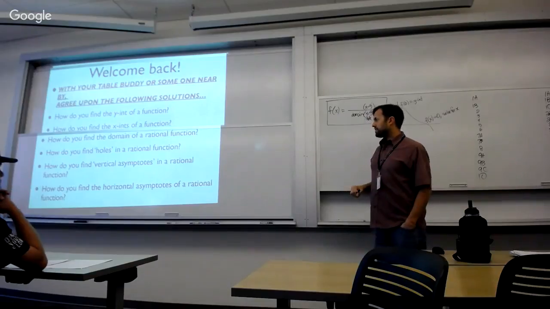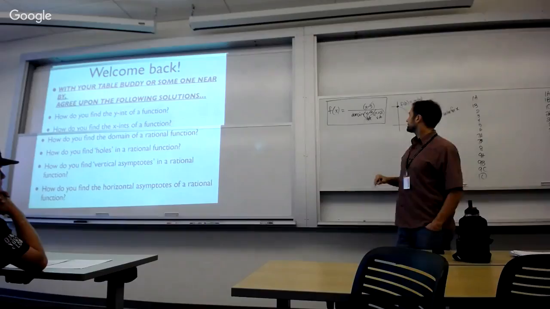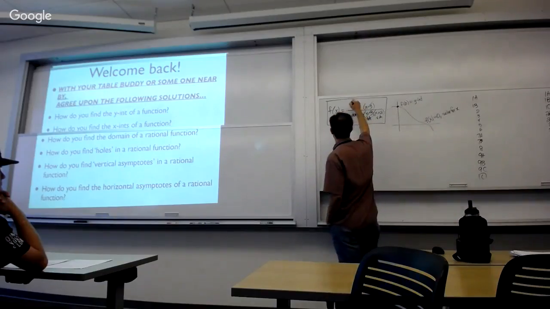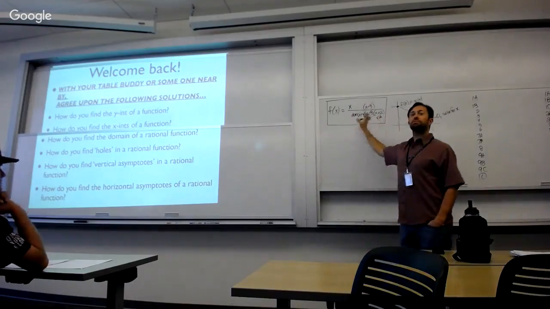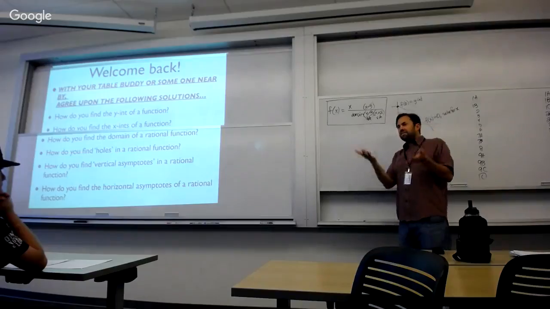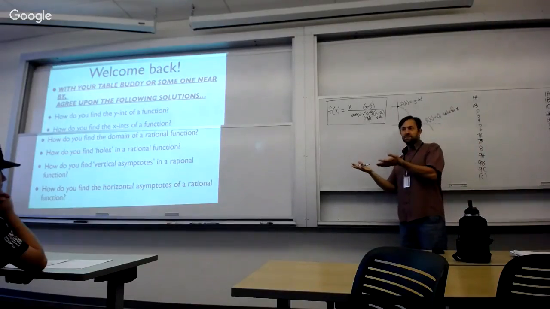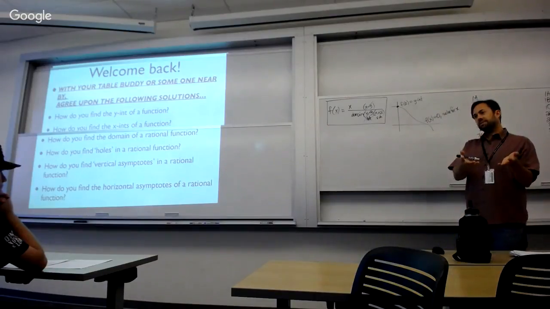And then, how do you find the horizontal asymptotes of a rational function? So leading coefficient. Yeah, the leading coefficient. So let's just say that if you FOIL it out. So first of all, that requires that you FOIL everything out. You can't leave it in factored form. This is something we've seen now a couple times. Sometimes you can only get information if it's factored, and then other times you can only get information if it's